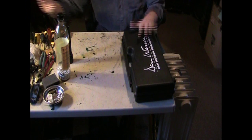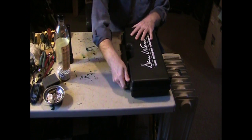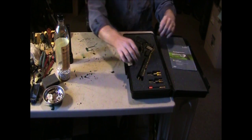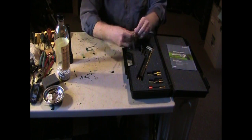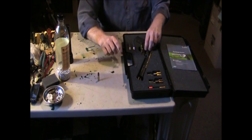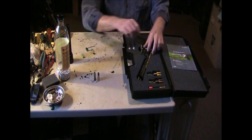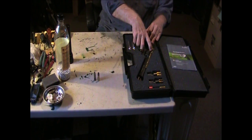Most of you will recognize this. This is my ASG Dan Wesson revolver. Here are the stock shells, and here are the plastic ones that I made, where you can put multiple BBs in. But what I wanted to show today